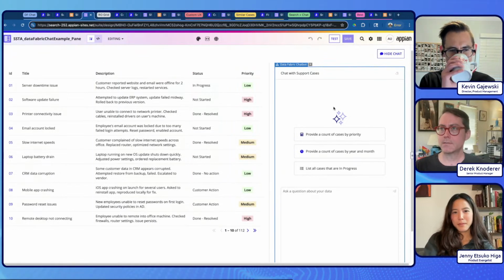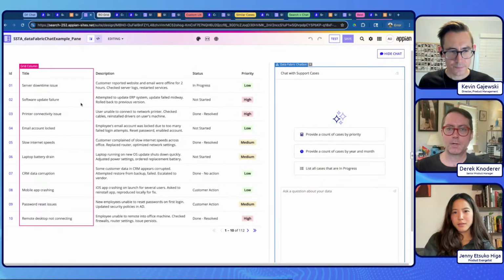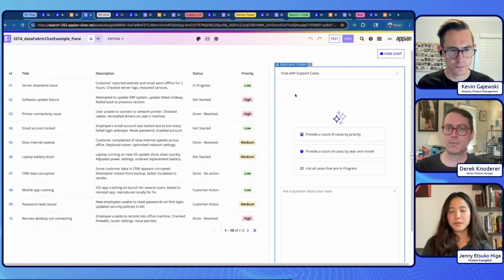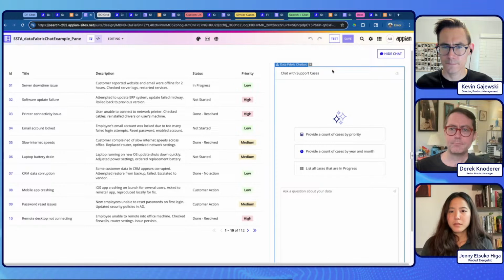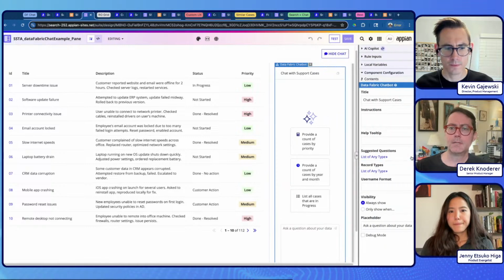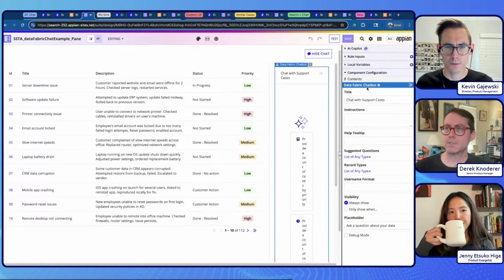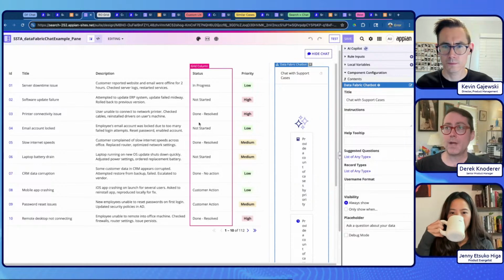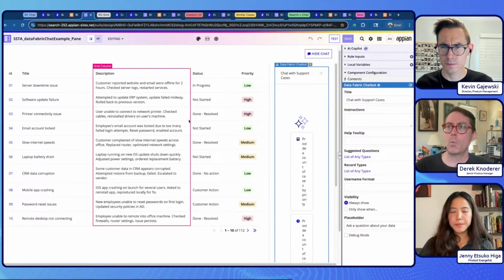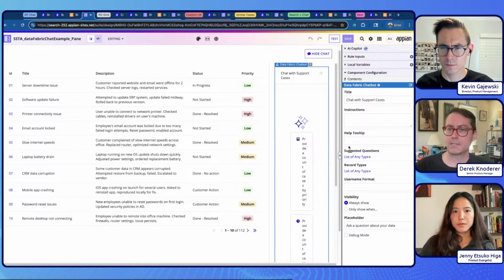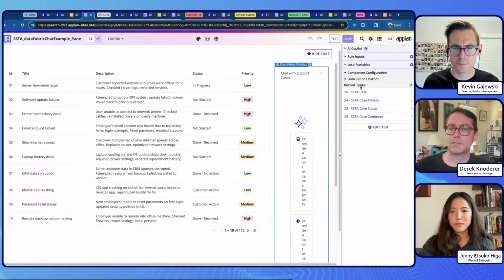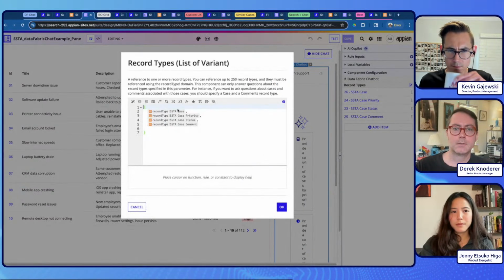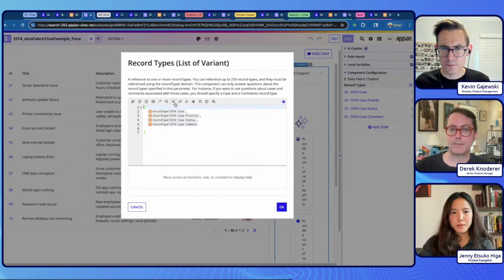So again, this is the basic interface. We've got a grid on the left-hand side here, and then we've got the chatbot on the right. So if we look at design here, we can see there's some simple settings. It's actually very easy to set up. There's really only one parameter that you have to specify, and that is going to be what is that list of record types. So you can see here that I've got several base record types here, that original